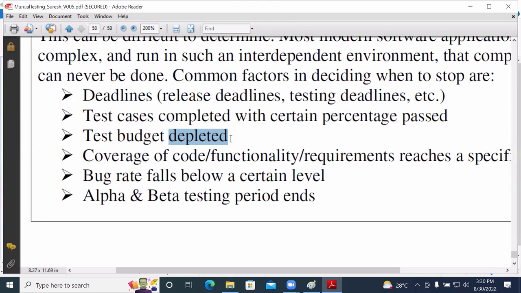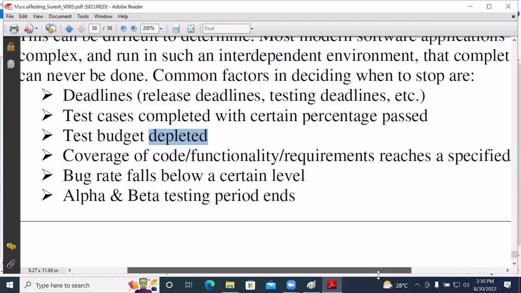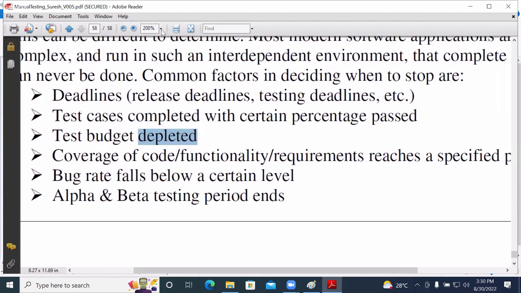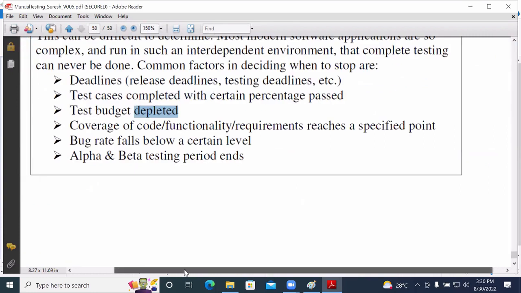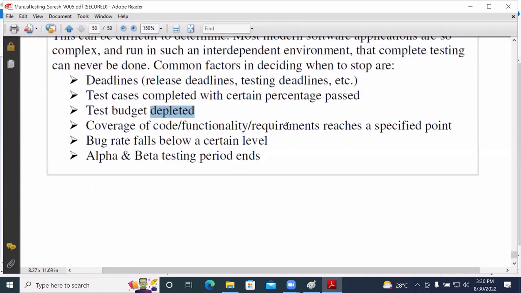In a similar way, there is coverage of code or functionality reaching a specific point. According to the requirement document, if we confirm that all the functionalities have been developed and all the functionalities have been tested, then we can think about stopping that testing here.